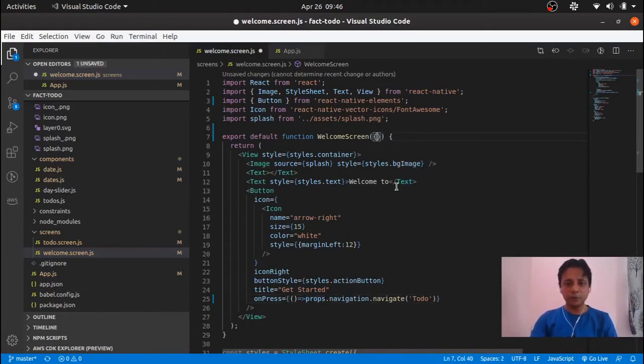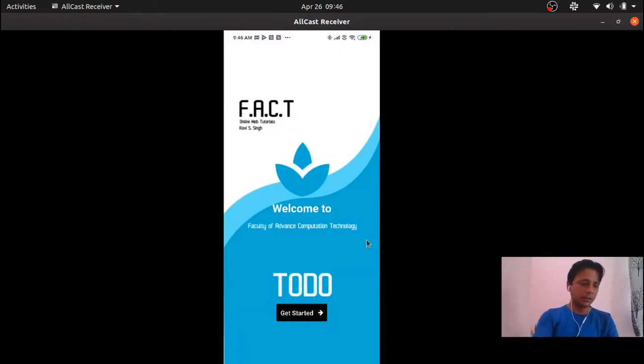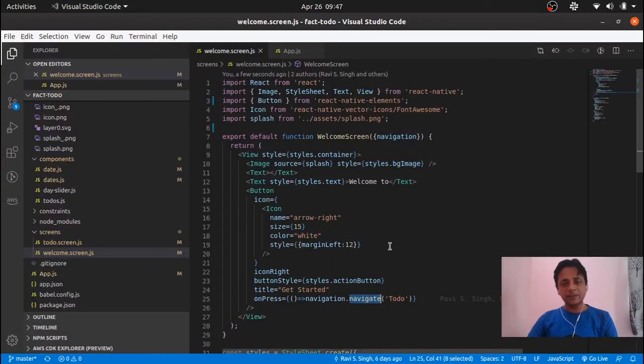Basically, this is a very cool feature of ECMAScript 6, which is the recent change to JavaScript, that you can destructure your parameters right in the definition of the function itself. So I'm going to take out the navigation from the props, and then I no longer have to use this props over here, and then I can simply do this, and it still functions as expected. But what benefit does it add rather than writing smaller code is basically it provides you the readability.